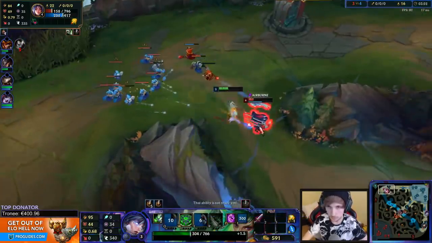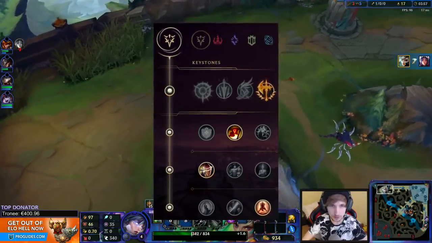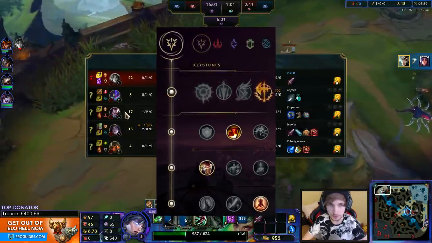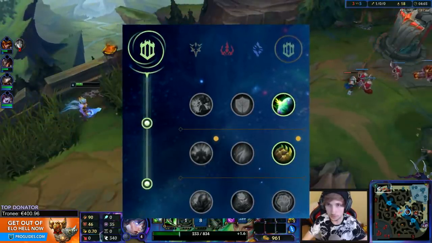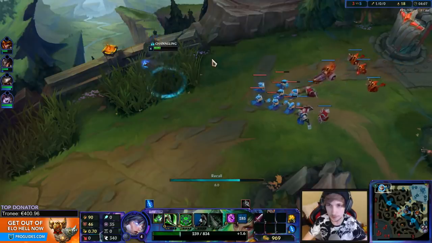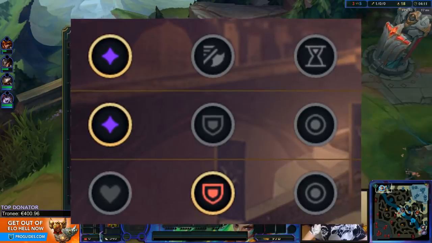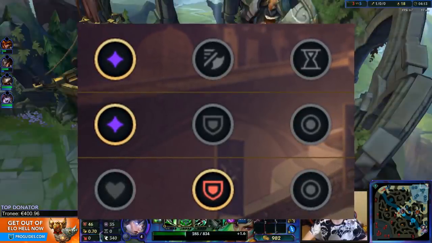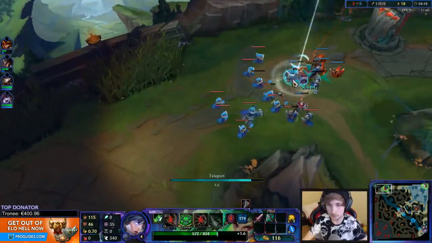The new rune page for Riven is gonna look like this. So you go into the Conqueror page, you go all the way down and you take the last stand. In the secondary page, you wanna go and take Shield Bash with the bone plating. This works very well with Riven because she's using a lot of shields. And in the bonus stats, you want to go and take 2 points in the offensive stats. And depending on the matchup that you are playing against, you want to go and take health scaling, armor, or